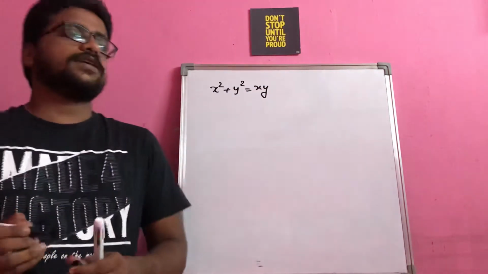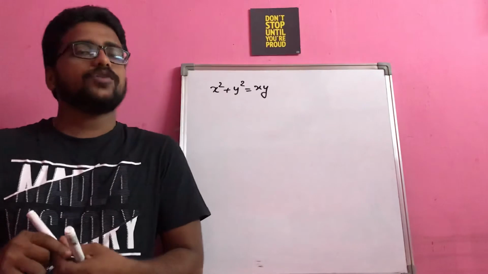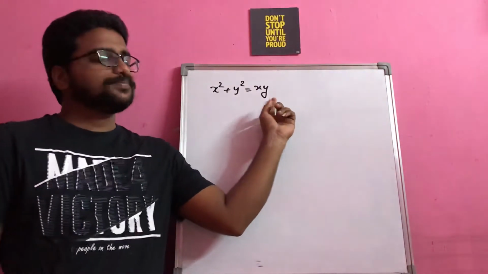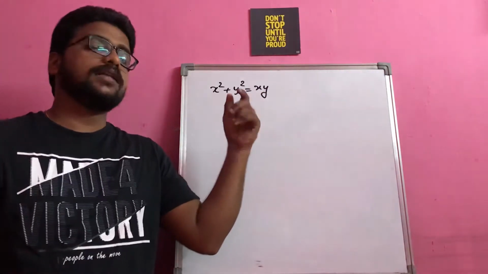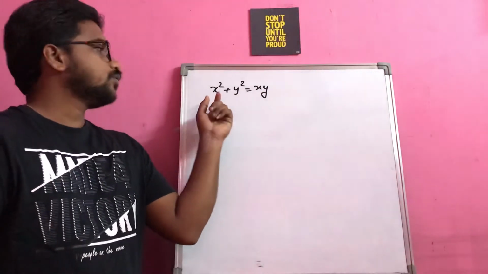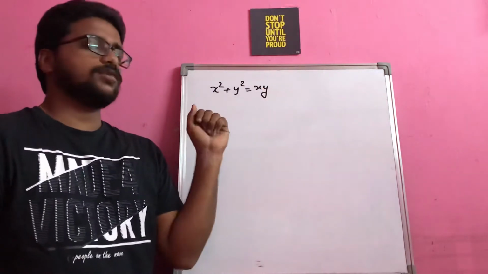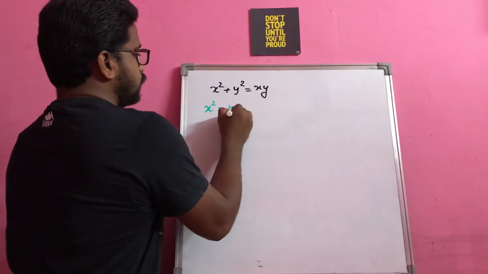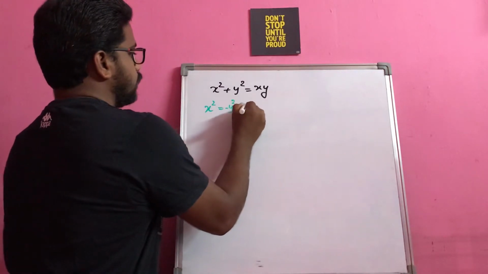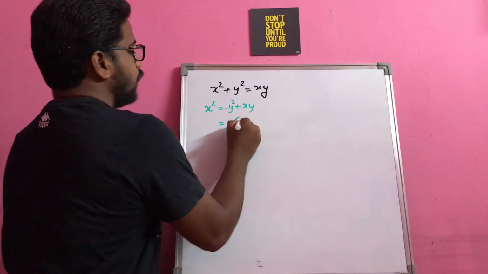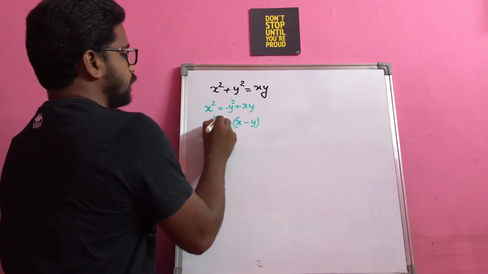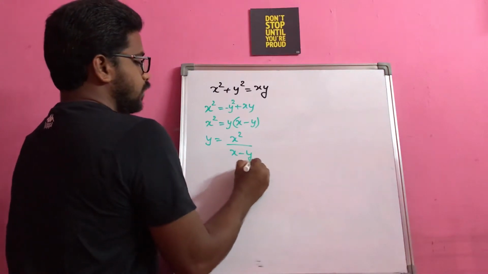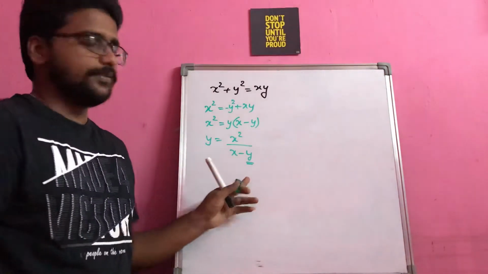x square plus y square is equal to xy. So you can observe here, if you bring y to the other side also, y square, you can take y common, still you will be having x. So even if you pull the x square to the other side, something like this: initially if I send y square to the other side, so minus y square plus xy. If I take y common also, x minus y, x square. If I ask you to find the value of y, still you are having the y term on the other side.